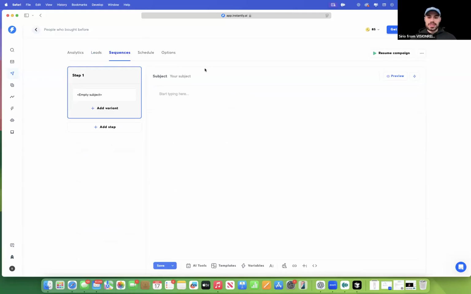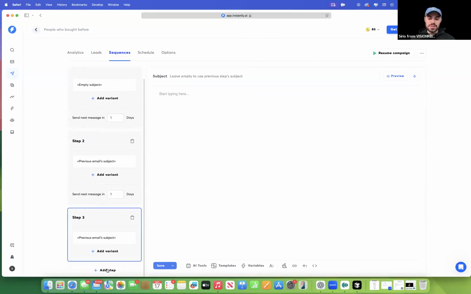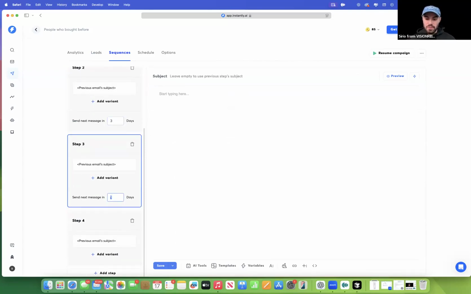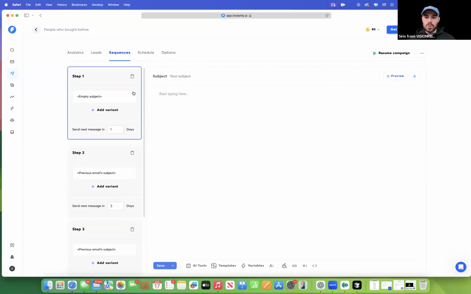Now, when you go into sequences, again, we're inside one campaign, and all the leads of this campaign have to actually match what we're talking about. If all the leads of this campaign bought a product from me or downloaded a free lead magnet about ChatGPT, about CGI, this is what the campaign is going to be about. So you start adding different steps. Again, you want to reach out to them once, then in 3 days, in 4 days, and what you need to make sure here is that you add your subject,